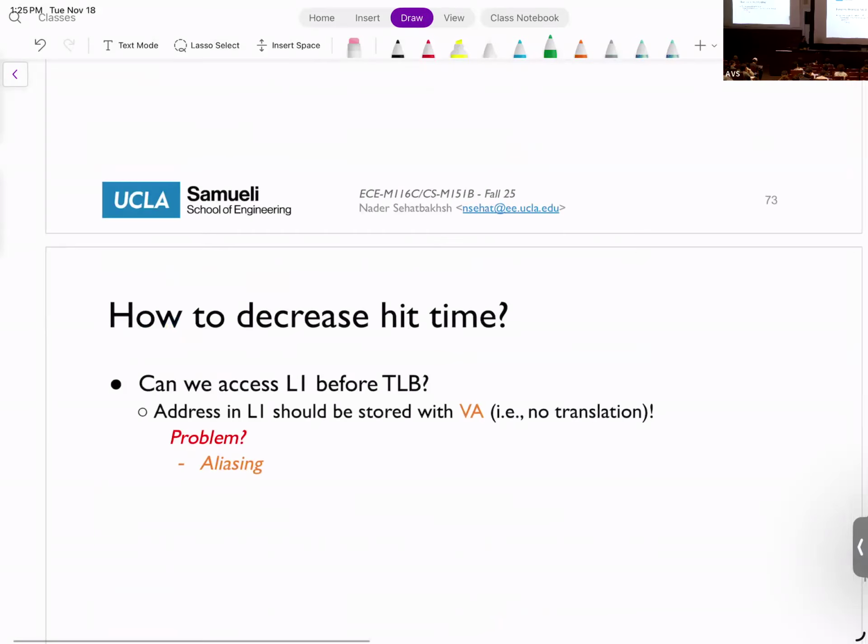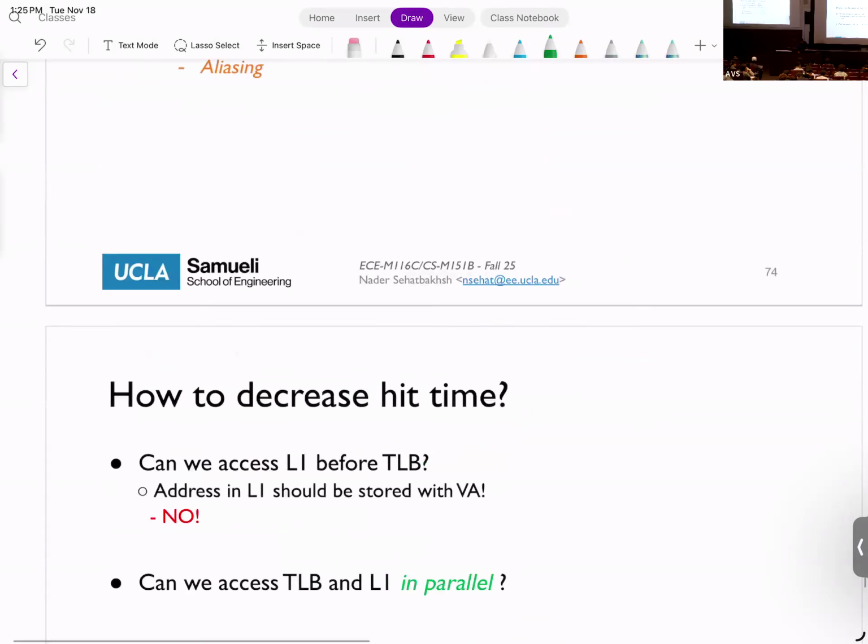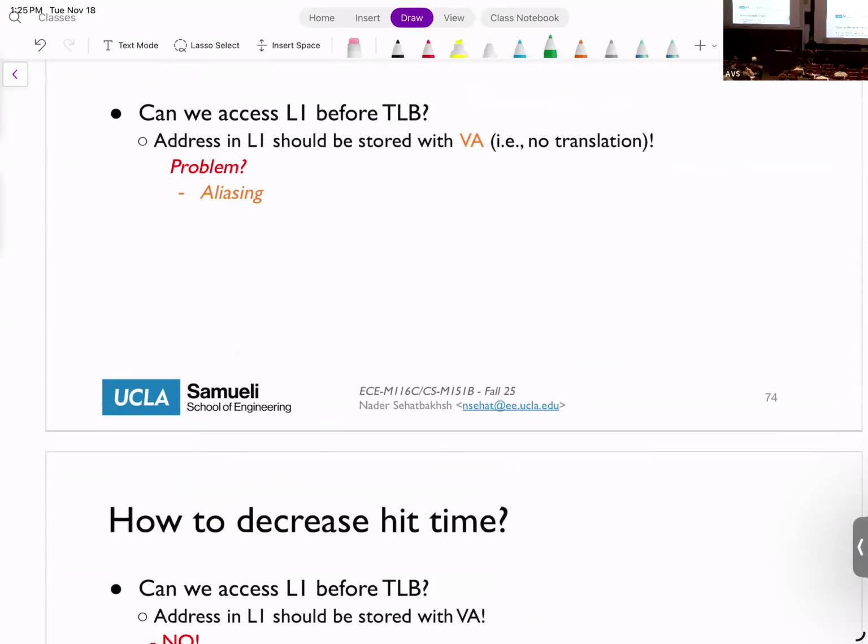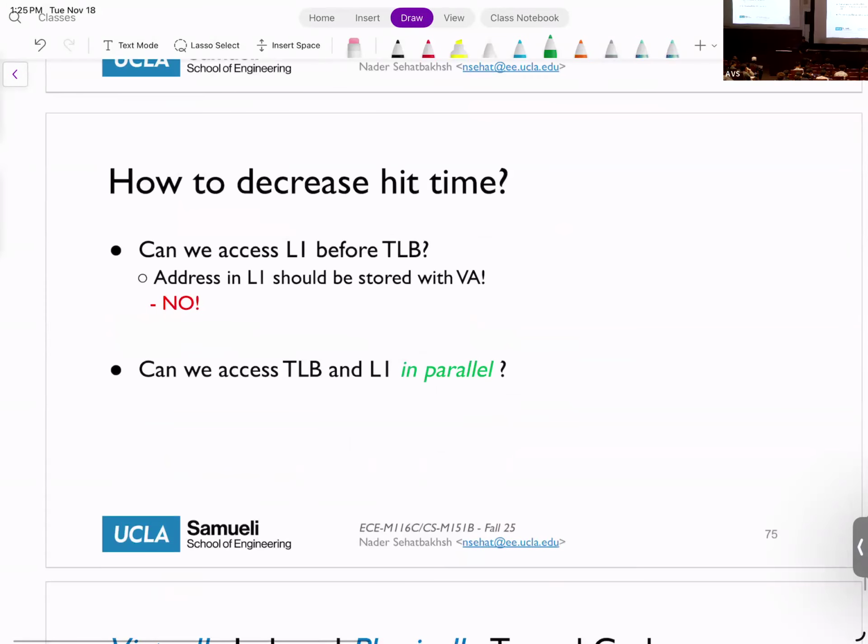So this is what we call aliasing, that the 2 virtual addresses are the same from 2 different programs, but their physical addresses are indeed different. And if I just access the cache by virtual address, I'm going to have the aliasing problem, okay? So I cannot do L1 before TLB, but what if I can do L1 and TLB in parallel?